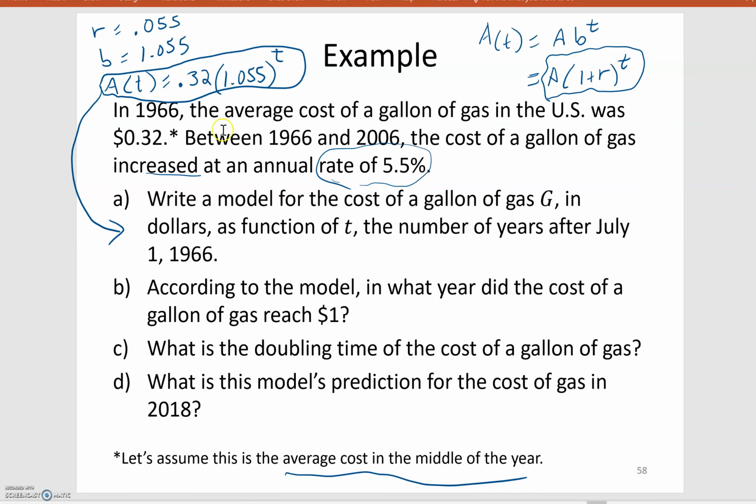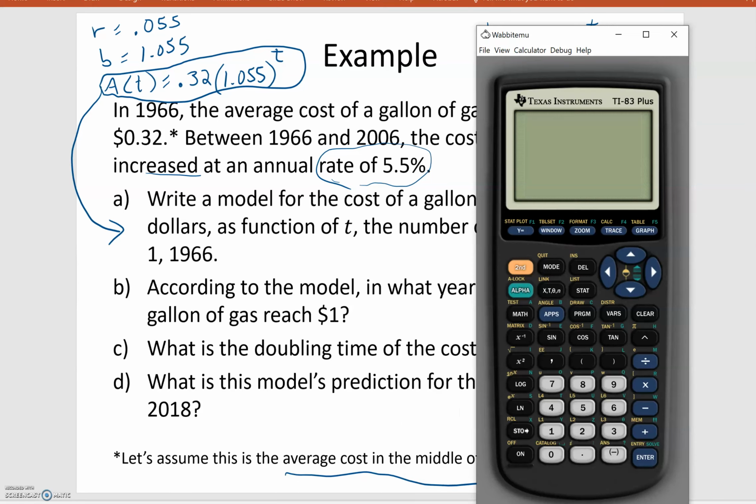Okay, so we're talking about this exponential growth model, and in the last video we actually wrote down the model, and now we're going to use it. So let's type this into the calculator. So my model is 0.32, 1.055,